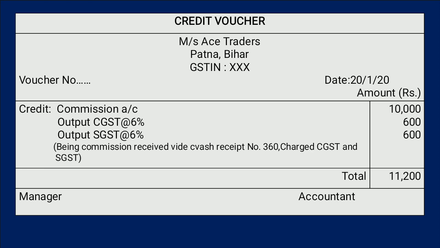Hopefully you will enjoy learning the preparation of debit vouchers and credit vouchers. And when you prepare credit vouchers and debit vouchers, just ensure we don't have to use a whole A4 size sheet. In an A4 size sheet we can prepare two vouchers, two credit vouchers or two debit vouchers. So just remember these things and try to prepare according to the questions.